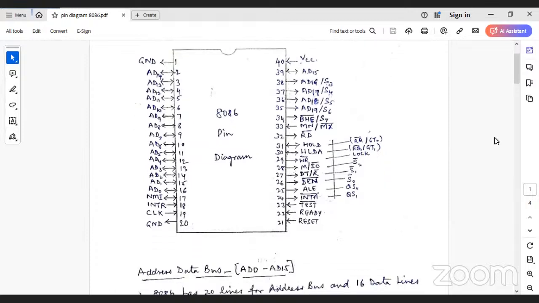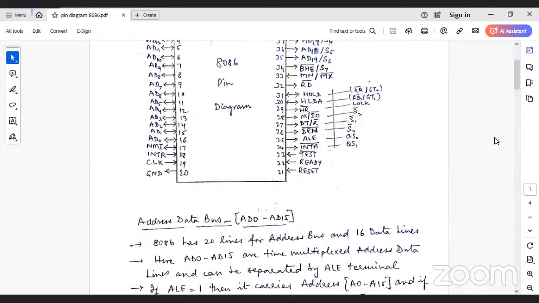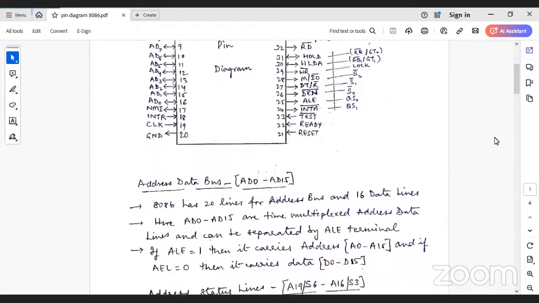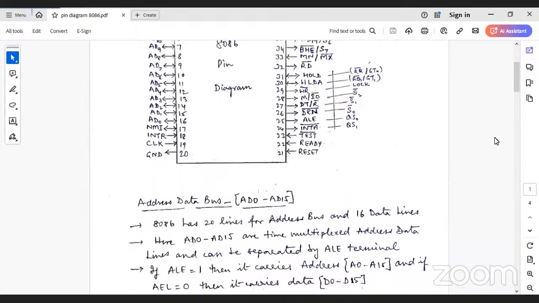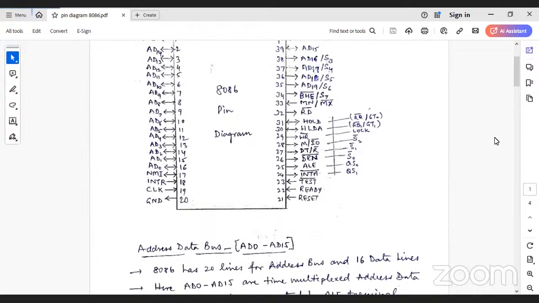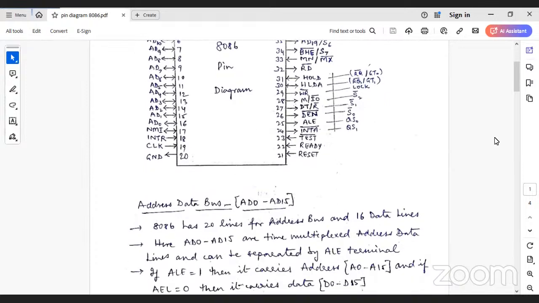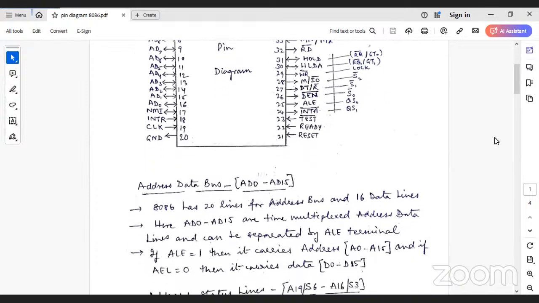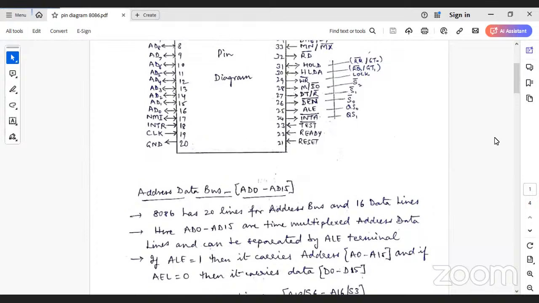So now to start with the easiest one, your address data bus AD0 to AD15. Now in this AD0 to AD15 there are total 16 lines, although the address bus for your 8086 has got 20 lines. So 16 are used as data lines also. And then on the top, if you see the pin diagram,